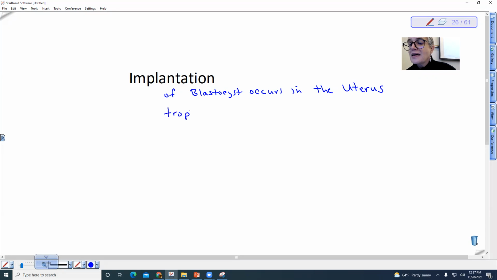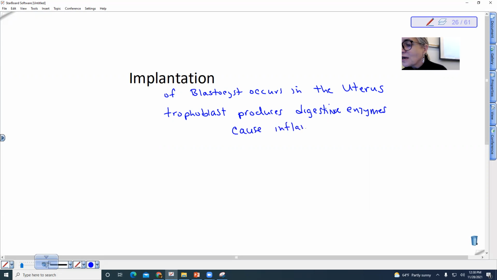So the trophoblast produces digestive enzymes. Interestingly, when we look at this process, it actually is almost like a parasitic invasion of the uterus. So this actually causes inflammation in the uterus. So this causes the inflammatory response,